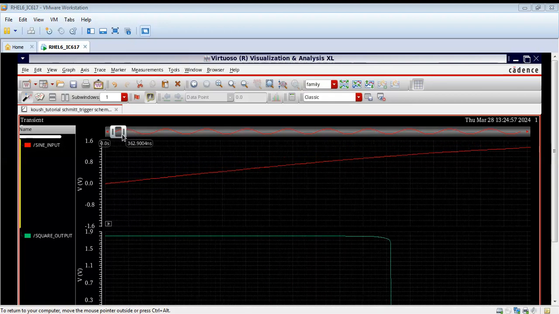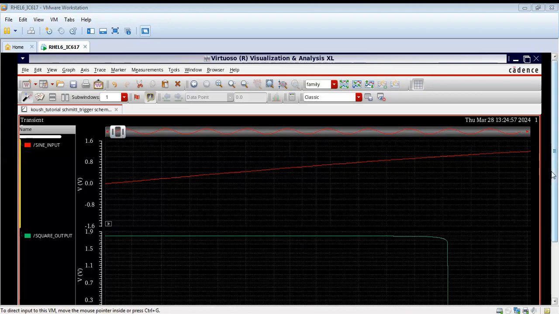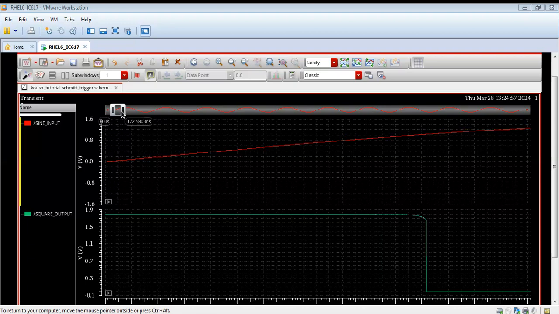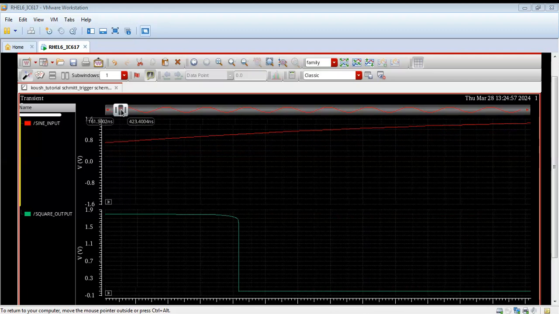Let me zoom more for a more accurate reading. The transition voltage, which is called the switching threshold for high to low, is equal to 1.03 or 1.04 volts.